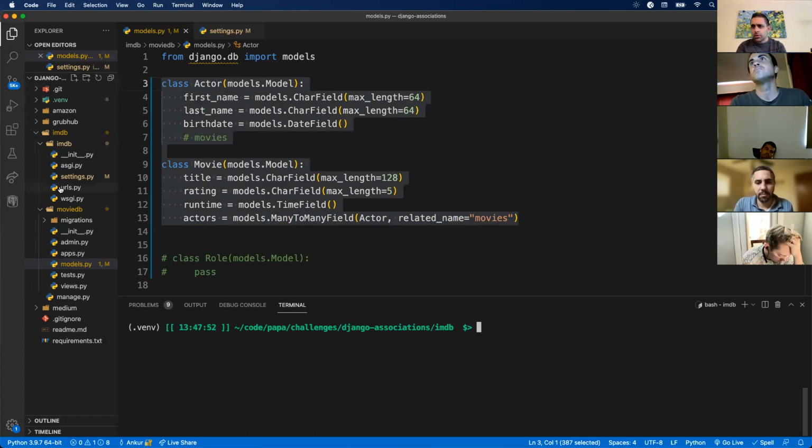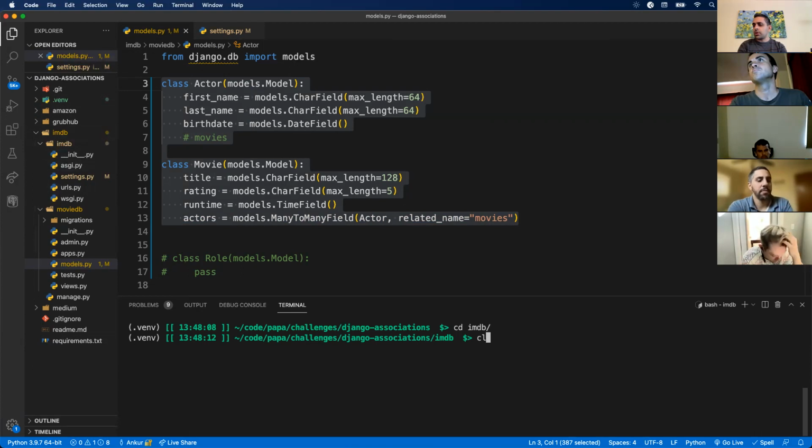Do I need to run... No, all right, I do need to run requirements.txt. So we'll do a pip install. Did I already do this? I did do this, sorry. cd imdb. All right, so we're in our IMDb folder because we have multiple projects in here, it looks like.